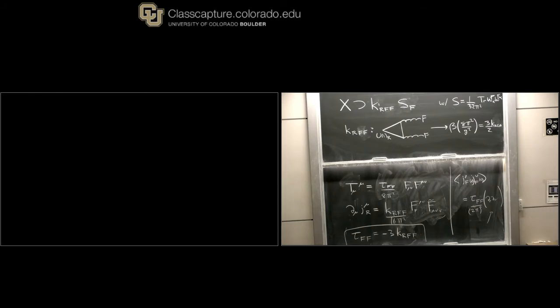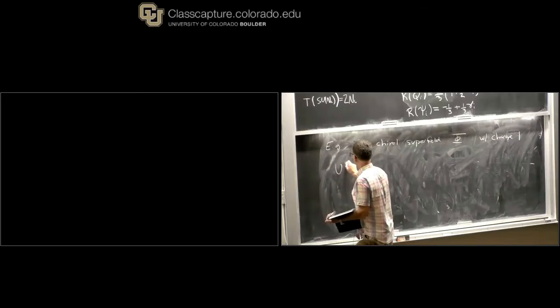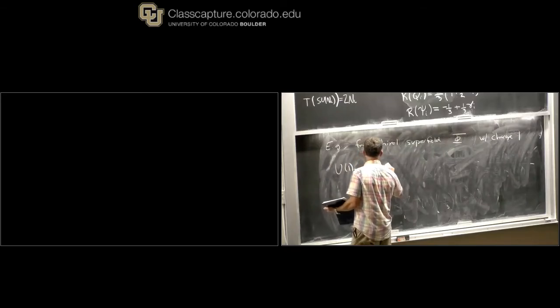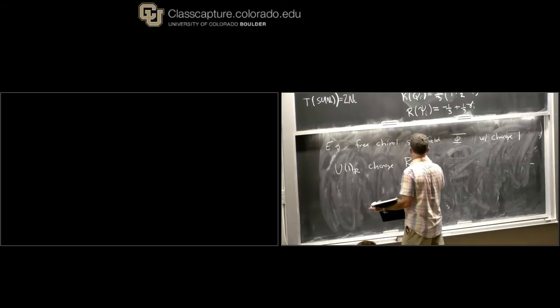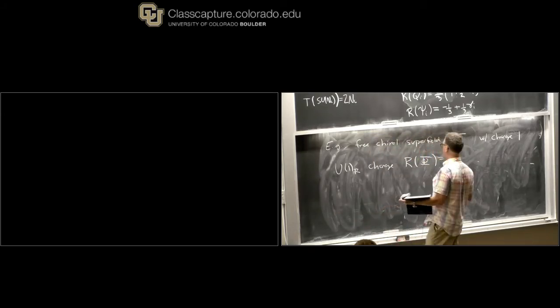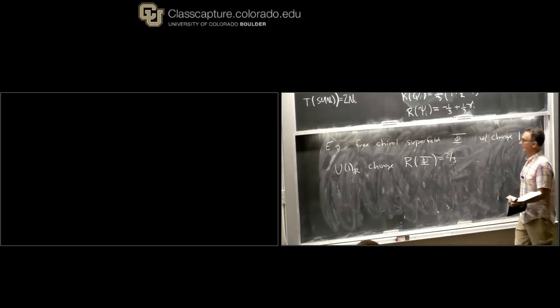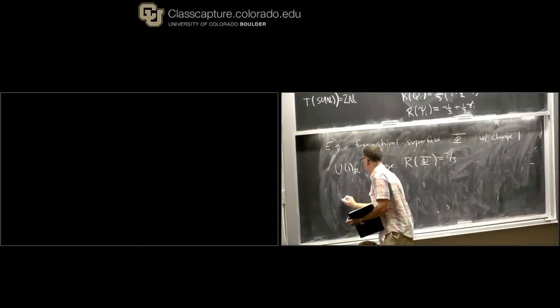So for example, for a free chiral superfield with charge 1, it has U(1)_R charge two-thirds, because that's the free field value. That's the statement that it has dimension 1 for a free field. And so then if I compute this triangle diagram